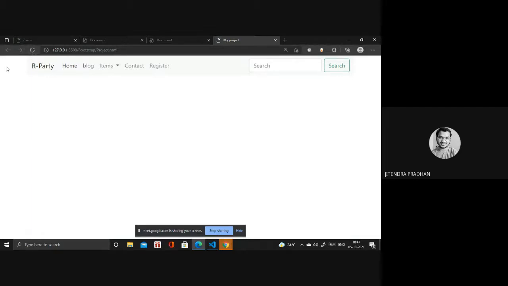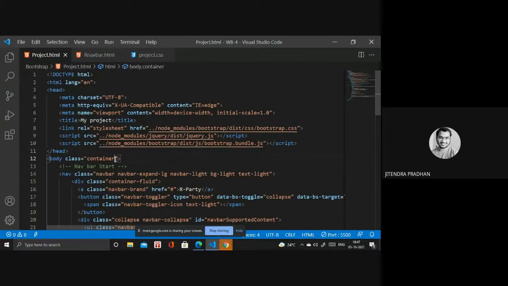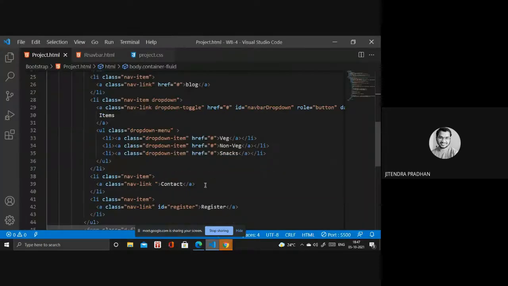Looks good, but have you also observed that there is a gap in between the past part and the next part? When you use container-fluid, it's better. Okay, great. Now we are getting veg, non-veg, nuts, all these things, and we are getting a search box inside. All these things are there. Okay, and yeah, done. Okay, register.